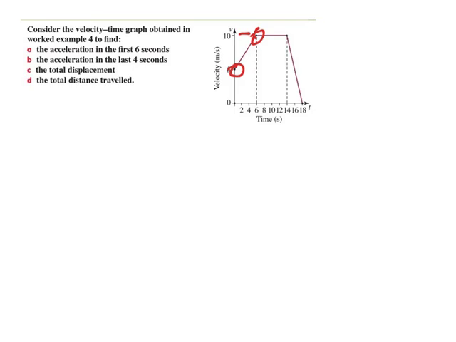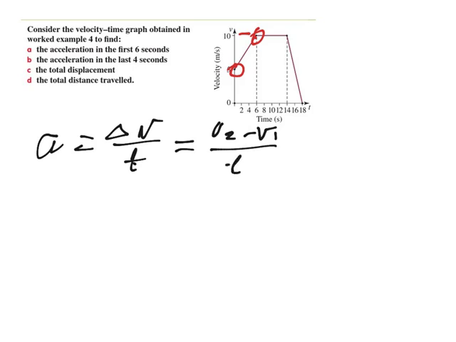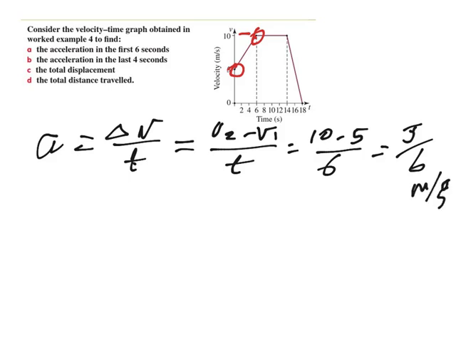So the acceleration is our change in velocity over the time it took. The change in velocity, of course, is v2 minus v1 over the time it took. v2 is 10, take 5, over 6, 5/6 of a second. Or I should say meters per second squared. Okay,